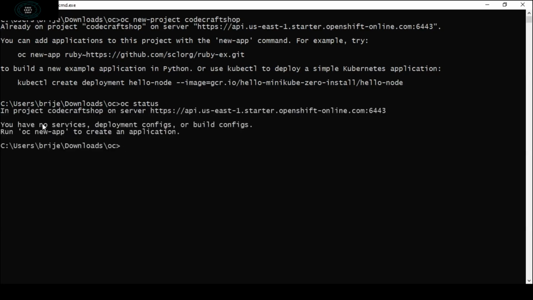If you can see, you have no services, deployment configs, or build configs. It is telling me to run oc new-app to create an application. I will create the application in my next tutorial. So this is all about creating a project using the command line.